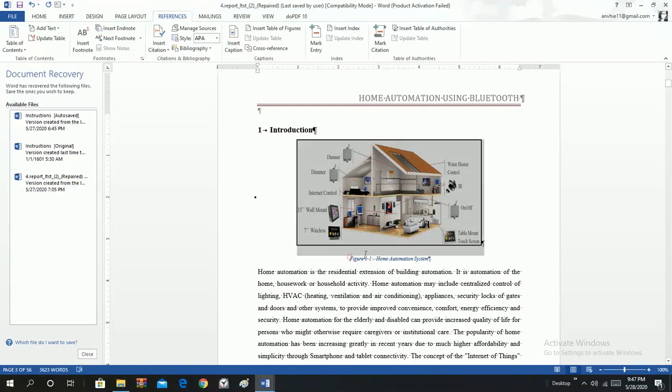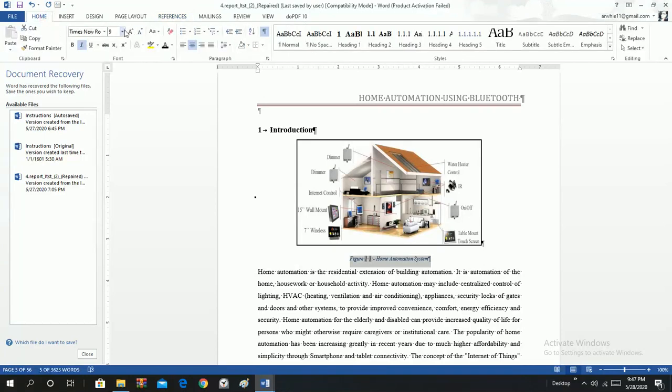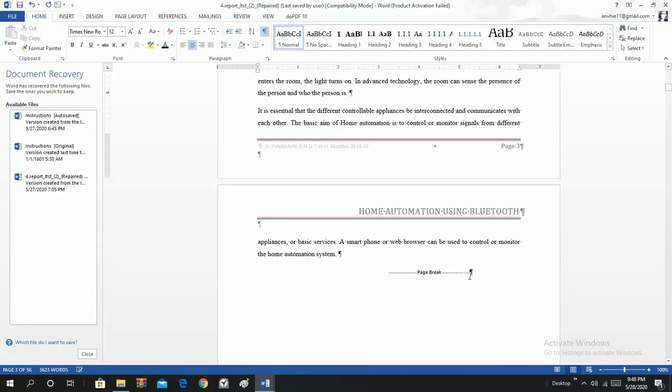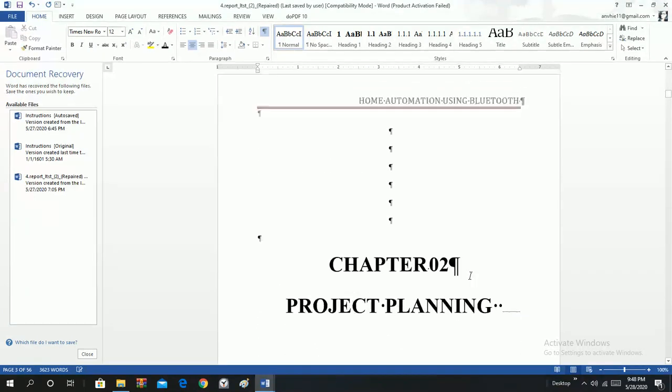We can change the font and everything of this from here as well. Whatever font you want, you can keep that font from there. Okay, so this is figure 1.